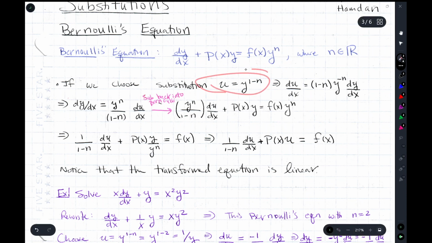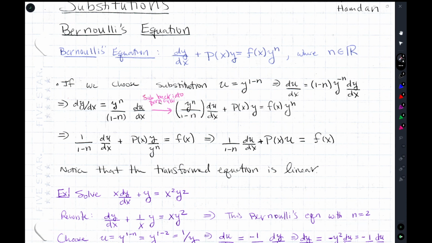If we choose the substitution here, in other words, y is equal to the 1 minus n root of u, then du dx, again, be careful, you have to use the chain rule. You take the derivative of the outside function, the 1 minus n drops, 1 minus n minus 1 is going to be negative n, and you have dy dx there. Solve for dy dx,